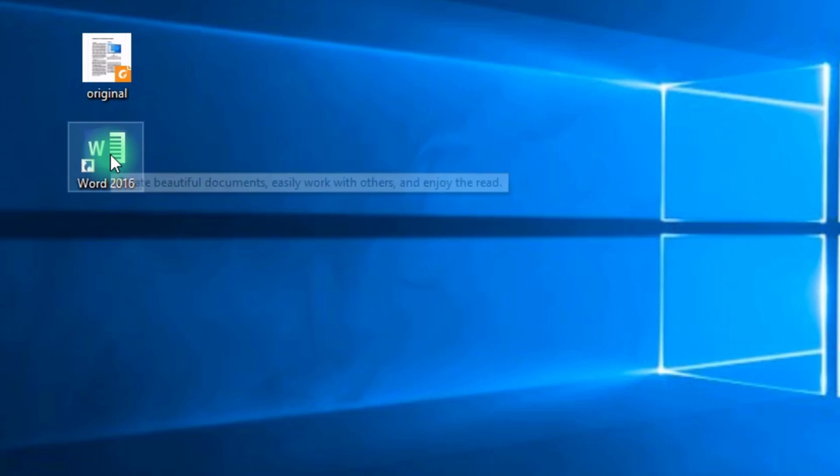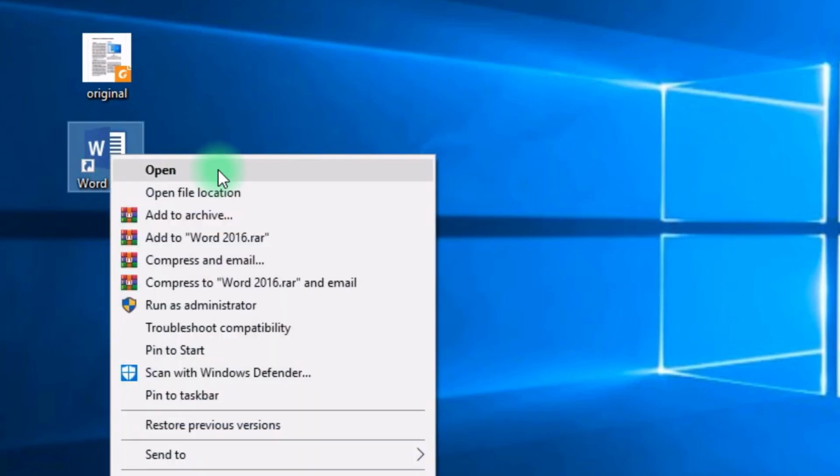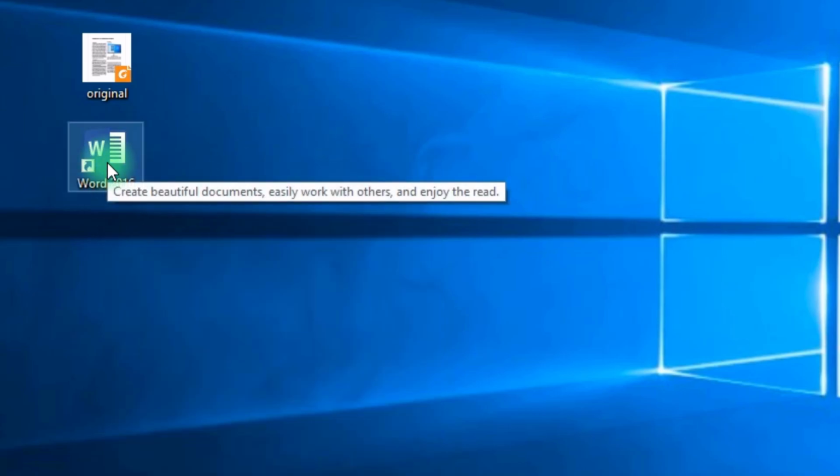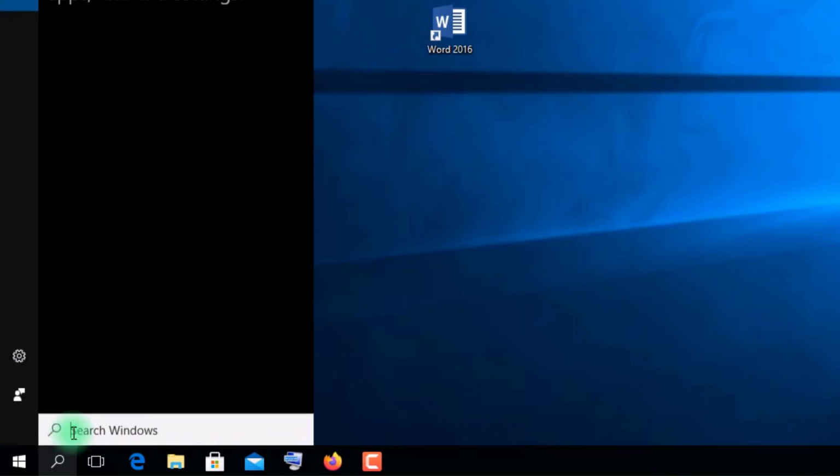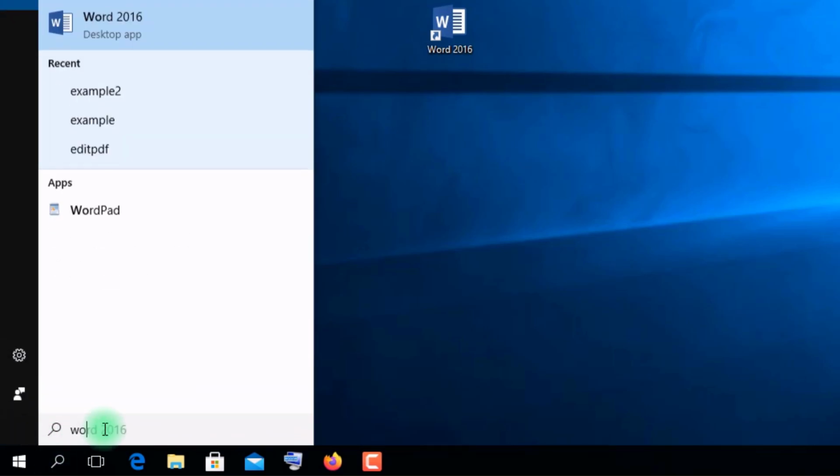All you have to do now is to open the Word program. If you don't have the shortcut on your desktop, you can find the shortcut by searching here. Just type Word and the shortcut appears here. You can start Word by clicking on it, or if you want this shortcut to definitely appear on the desktop,